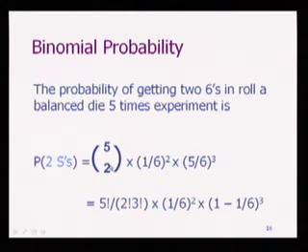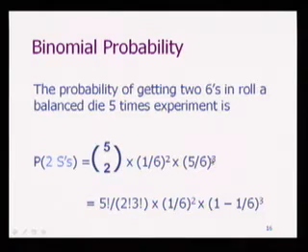So combining counting techniques and then independence of events, you've solved this problem. It looked kind of tough, and you probably can't remember that. But you do notice that to calculate this, you did need that combination, the 10 possible combinations, times the probability of getting 6 raised to the number of 6s that we should see, and times the probability of not getting 6 raised to the power of the number of not getting 6.